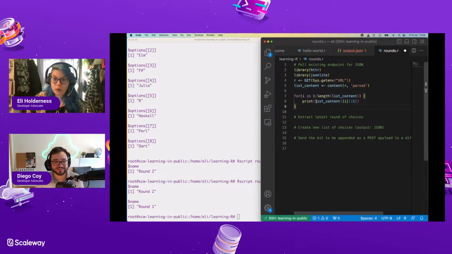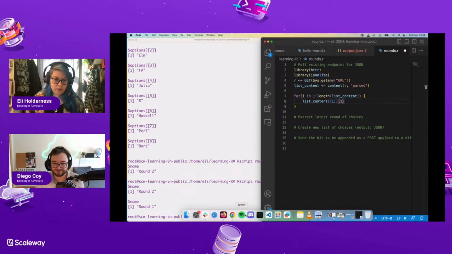Cool. So, can I append to a list? Let's see. So list content, that is a string. Can I get the last element of a string?